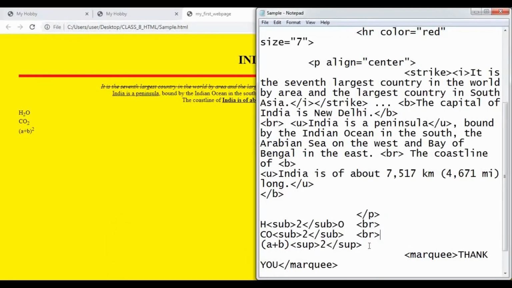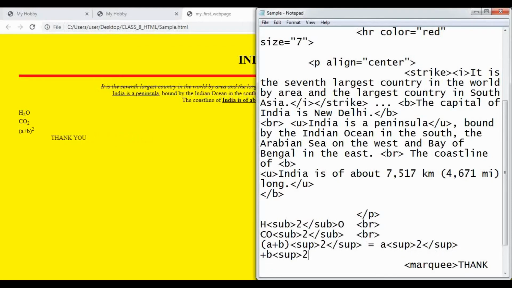Now let me write the complete formula. a plus b whole square is equal to a and then square. Square has to go in superscript, so SUP, 2, close SUP. Then plus b and again square, that means I have to write again superscript 2 and close the superscript tag.